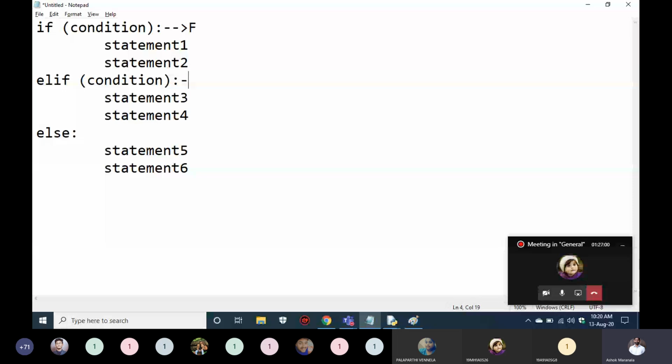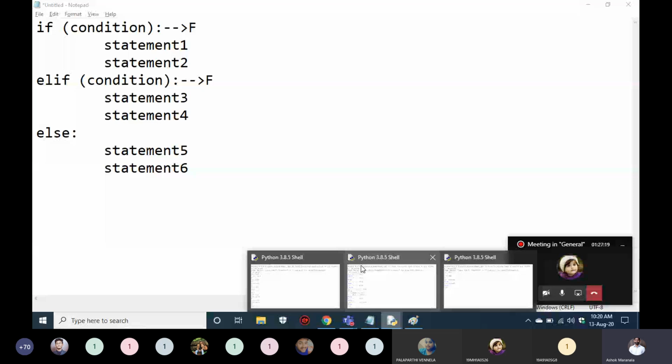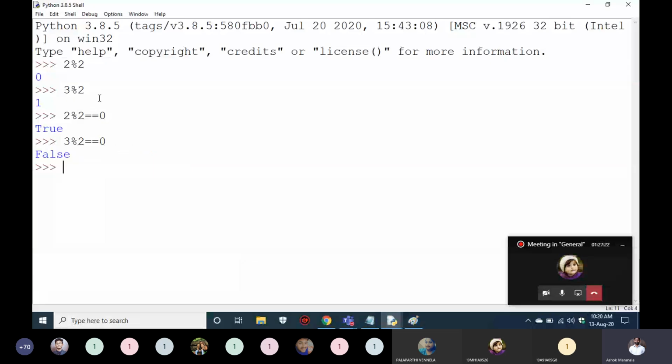If elif is true, then it will execute all the statements that exist in elif. If elif is also false, then it will come to else and automatically execute the statements in else. So we'll see them in our Python editor. Till now, if you observe clearly, I have done all my code in the shell page. Now we'll move to a new page.